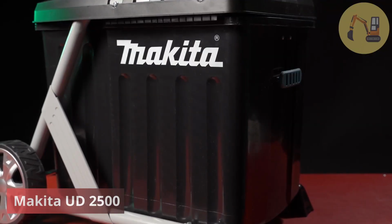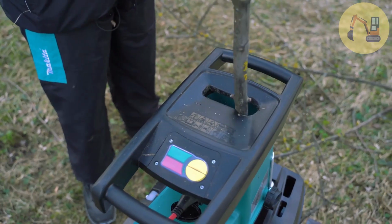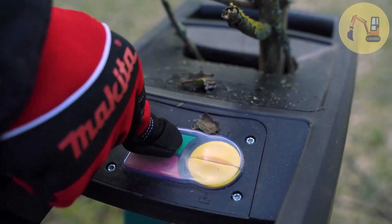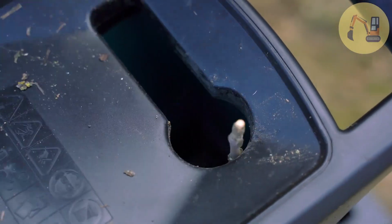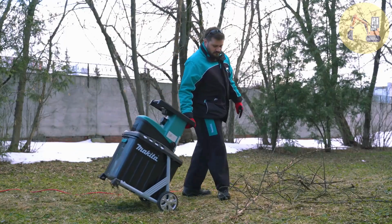Introducing the Makita UD 2500, the solution to bulky garden waste transportation. This Japanese innovation efficiently reduces garden waste volume by 5 to 10 times its original size. With its robust shredding blade, it effortlessly handles branches up to 1.7 inches in diameter, powered by a stable 2,500-watt